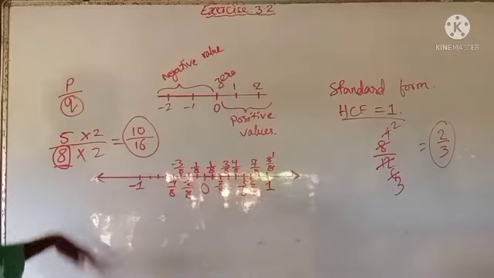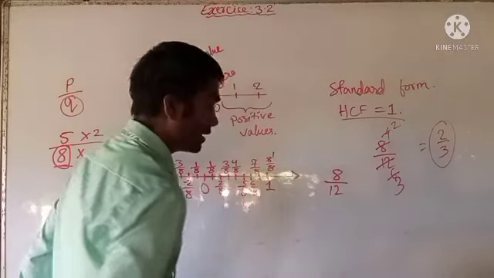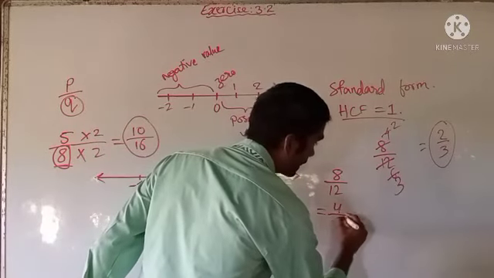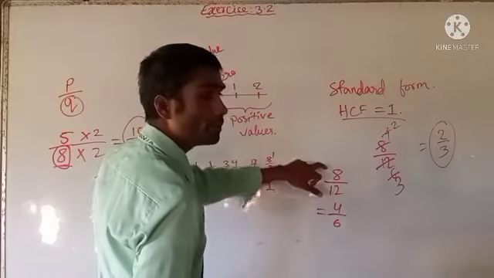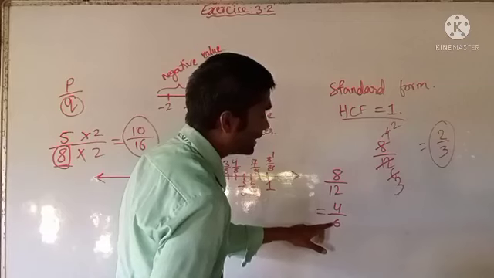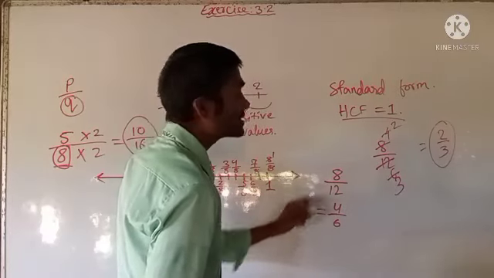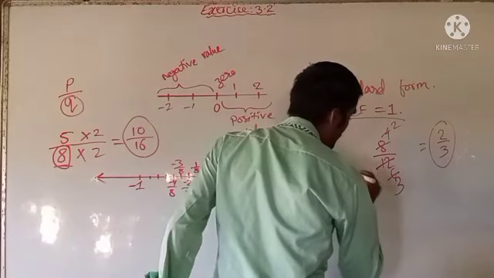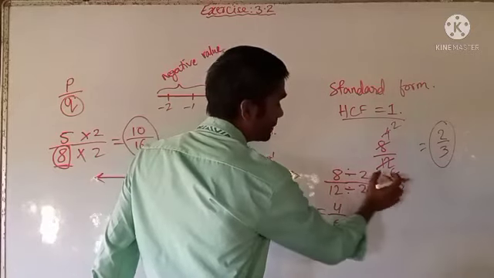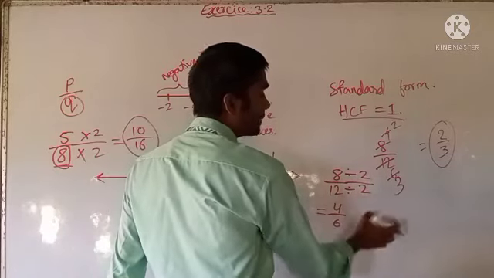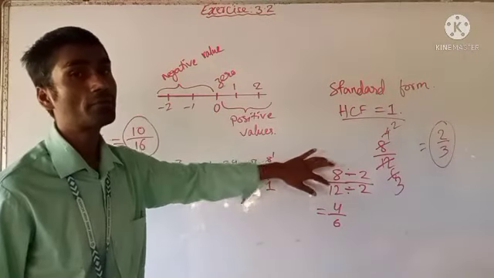And if you are dividing, like this 8 by 12, as I have said, if we write it in the form 4 by 6, 4 by 6 is also an equivalent rational number for 8 by 12, because this 4 by 6 is obtained from 8 by 12 by dividing both the numerator and the denominator by 2. 8 divided by 2, we get 4. 12 divided by 2, we get 6. That is the equivalent rational number.